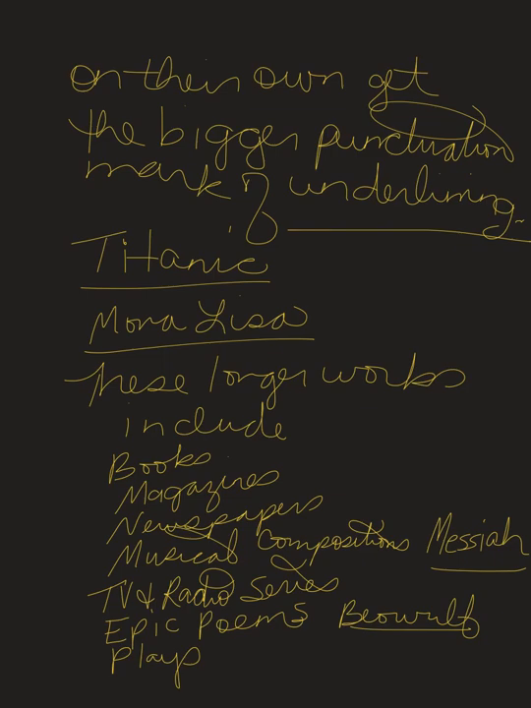Musical compositions. This is not a song, okay? This is a big piece of music that is published by itself, such as Beethoven's Fifth Symphony. Fifth Symphony would be underlined for italics. Messiah. This is written by Handel. The word Messiah is the name of the work of music, and it is underlined for italics. If you don't think you know what Messiah is, at Christmas time, you should have heard